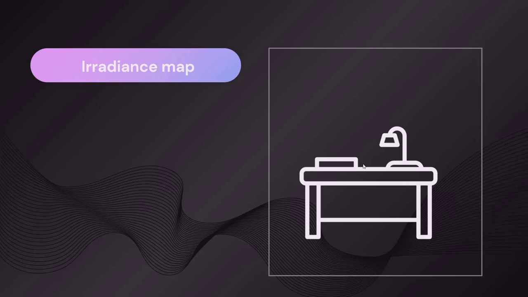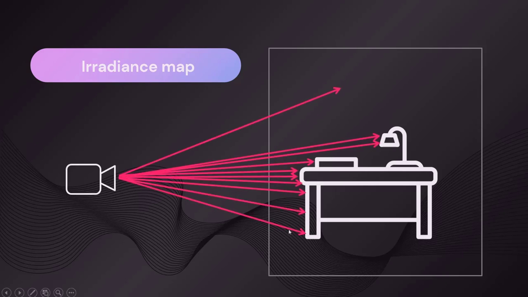I gave you an example: if we want to know the population of a country, we need to send more people to the more dense and crowded cities rather than the small villages. But with the brute force method, they would send an equal number of people to big cities and small villages. So this is where the irradiance map method comes in, and the irradiance map is kind of smart,